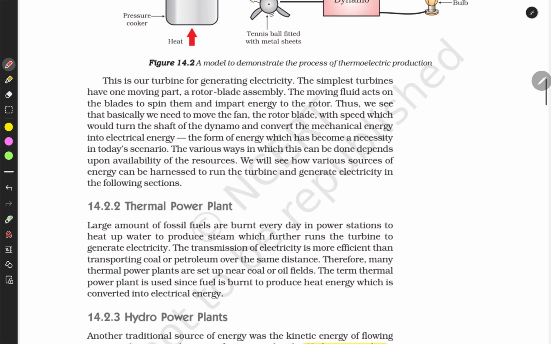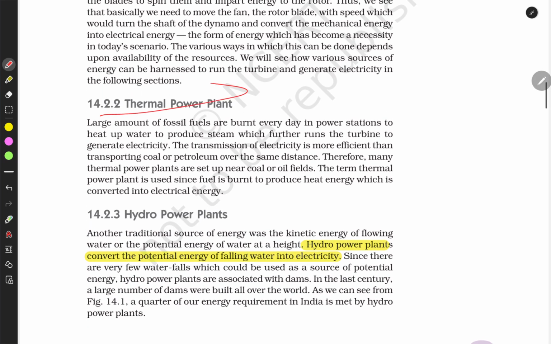And the thermal power plant. How does it work? A thermal power plant works on the basis that we first burn the fossil fuels to heat up the water, and the water heats up to produce steam, which further runs a turbine to generate electricity. So what we are doing here is, this is water here, and we are heating the water,